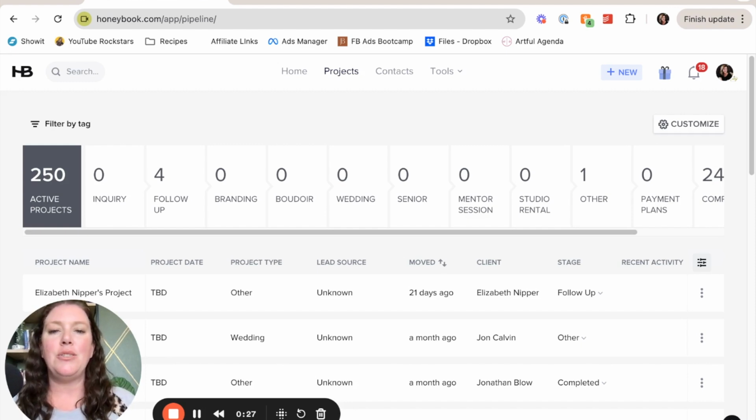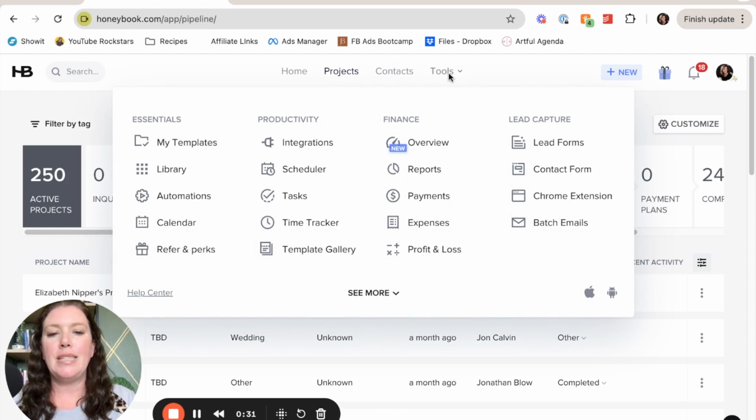Okay, let's dive into some of my favorite tools inside of Honeybook. Now, if I click on tools, you're going to see that there are quite a few tools here. It can get a little bit overwhelming. So I want to go through some of my favorite ones, starting with probably my most favorite, which is the